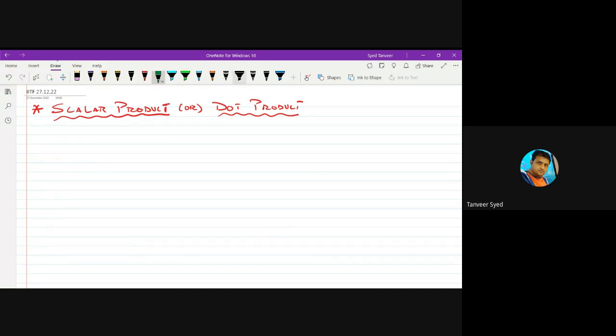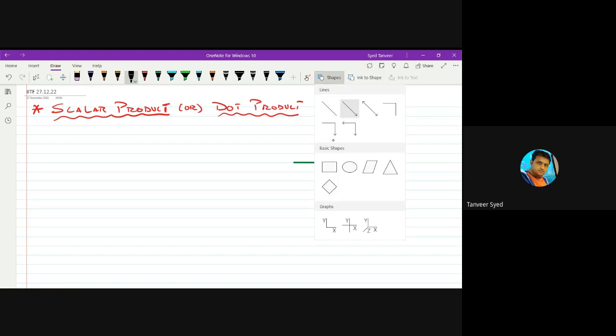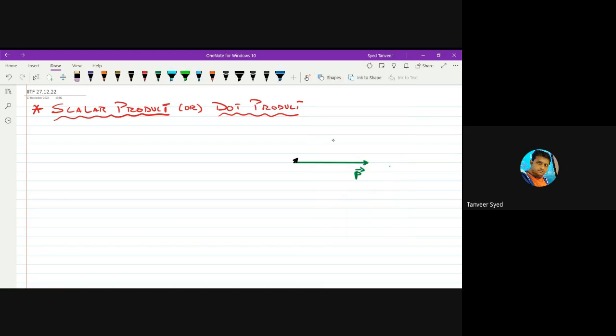You have two vectors. This is vector P, and this is vector Q, and these two are making some angle theta with each other. Now the scalar product of these two vectors P and Q is defined as